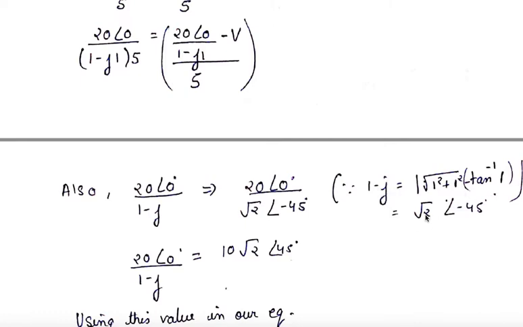So for now the value has come out to be root 2 angle minus 45 degree, that we have written here. So if you multiply both sides by root 2, it will become 2, and when we cancel out, it will become 10. And multiplied with root 2, so 10 root 2, and this minus angle 45 degree, if it goes on top, it will become plus 45 degree. So angle 0 degree plus angle 45 degree will be plus 45 degree only. So we have got it into a much easier form. So now we'll put this value in this equation.